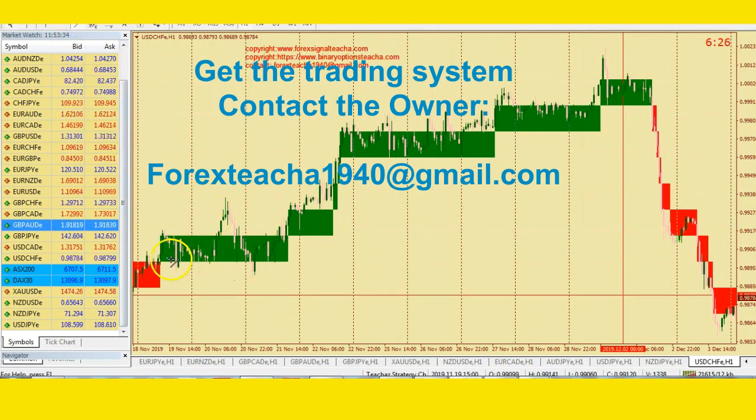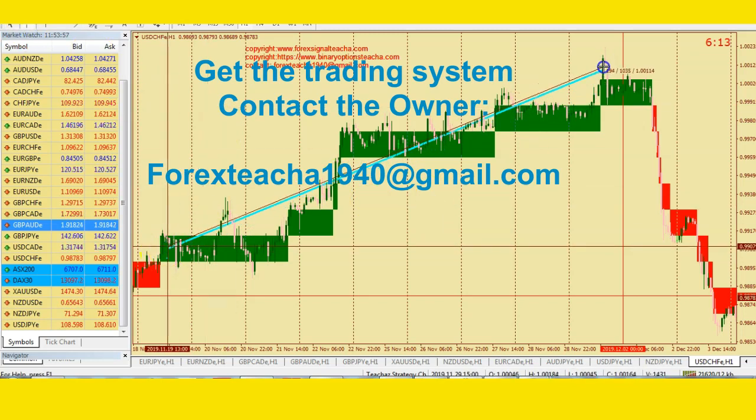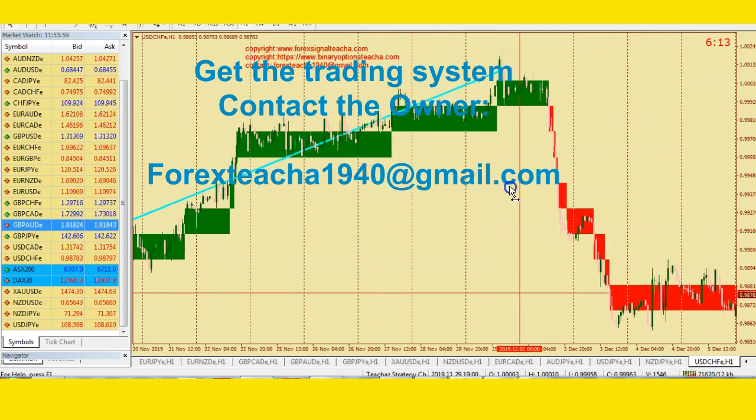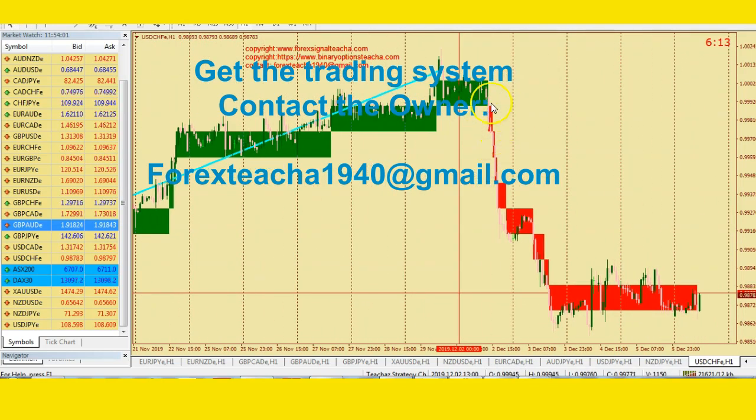When it turns green, that's when you buy. Anyway, on the 19th or 20th, on 22, is it 22? On 21, you could have taken this trade, right? Anyway, in between here, this is a buy trade, right? It went all the way up here, so this was going to be at least 100 pips, all right? And then you close when the red signal comes, if you still haven't closed the trade,